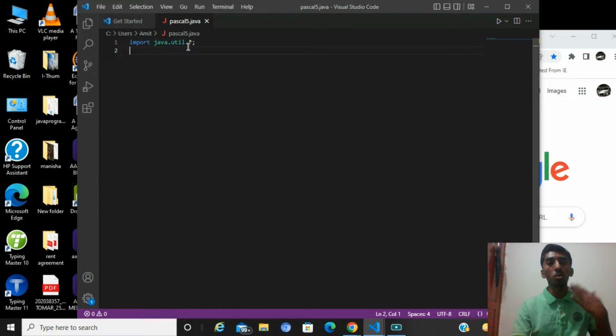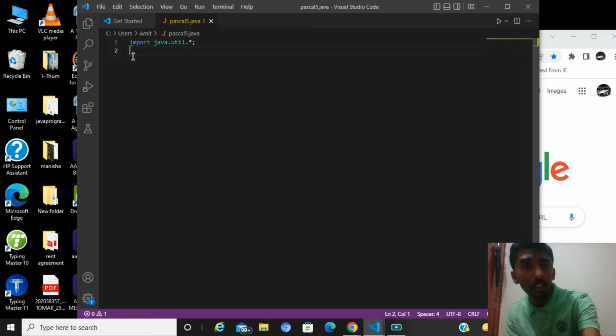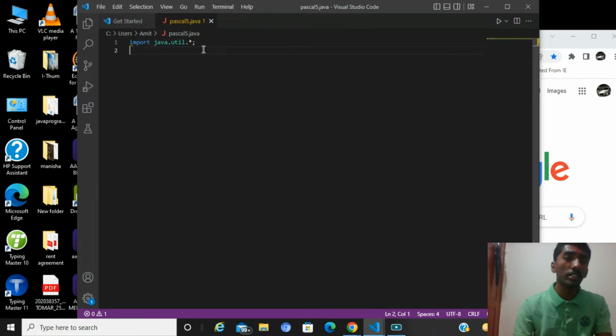If you want to take user's value, the import java.util.*; is most important. If you don't put this statement here, then your program will not compile, your program will show error. So that's why you must put import java.util.*;